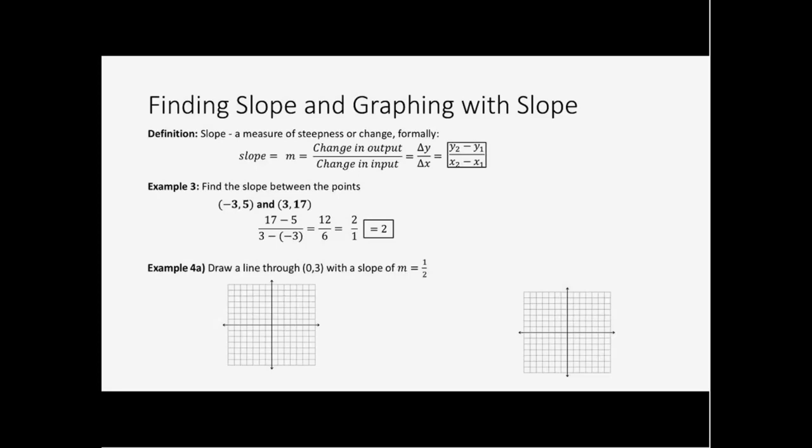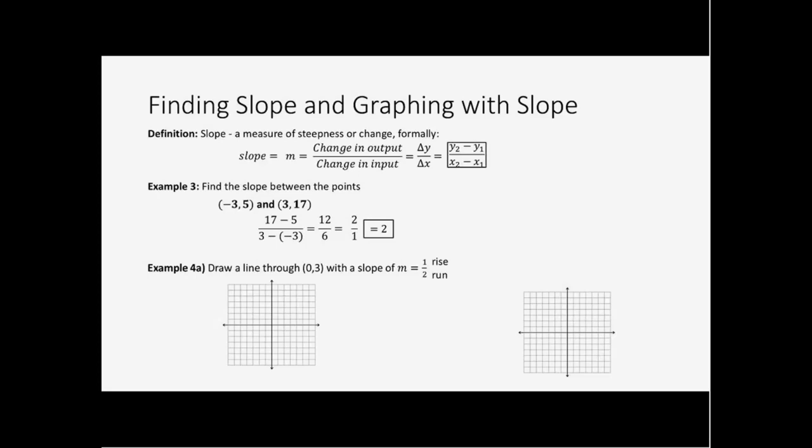Okay. So moving on, we're going to use this idea of slope to actually draw lines. So we have a line, we want it to go through 0, 3, and we want that line to have a slope of 1/2. So if I'm going to draw that line, what I'm going to do is identify what my slope is, and a common way to remember it is that slope is